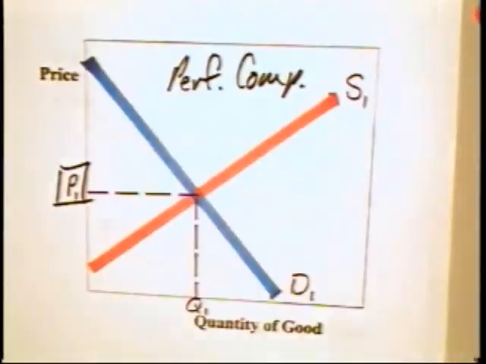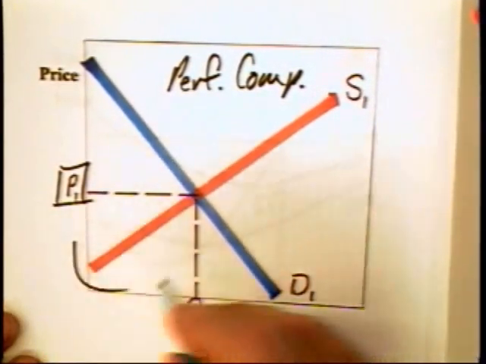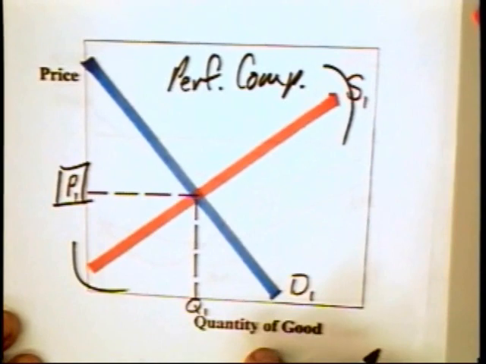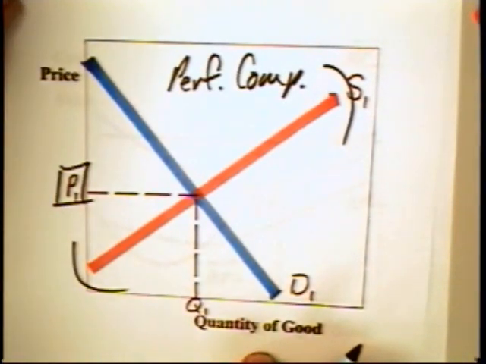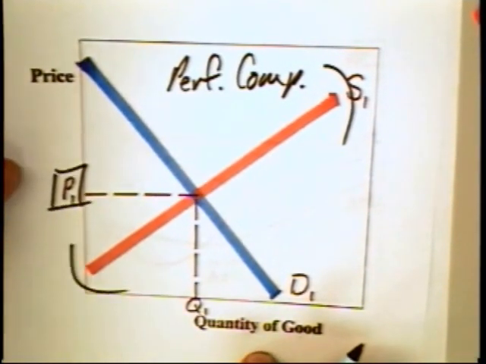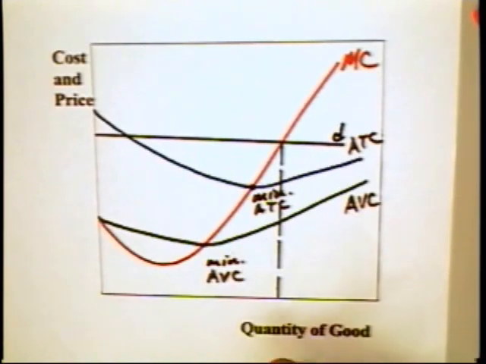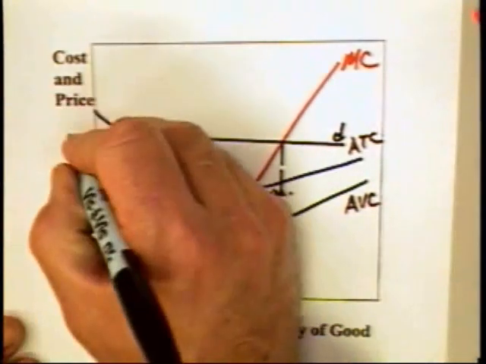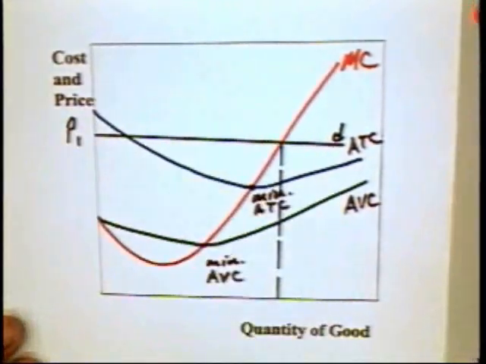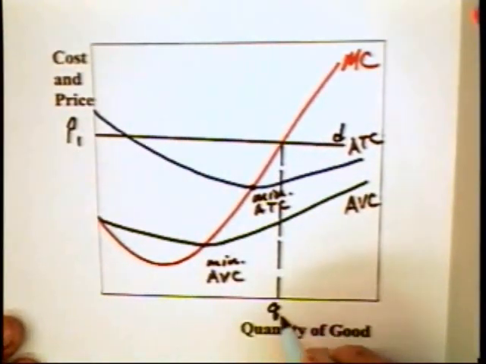We can extend our analysis by going to a new graph that's cleaned up, and we can also explain why in this supply and demand curve graph, the supply curve is drawn upward sloping all the time. And we return to our graph. Again, I've eliminated the profit box simply because it was too messy. And we have a quantity